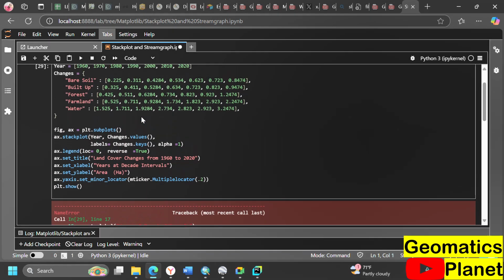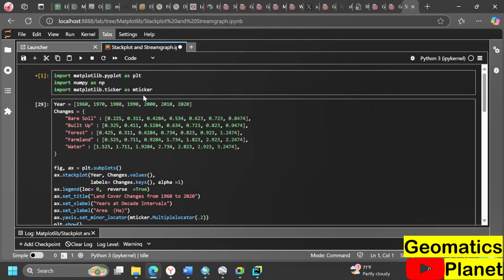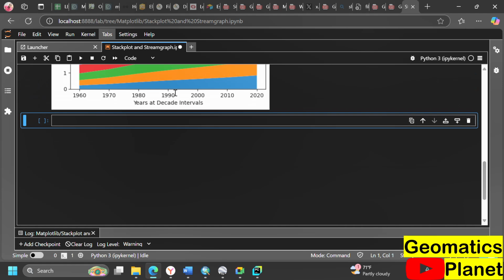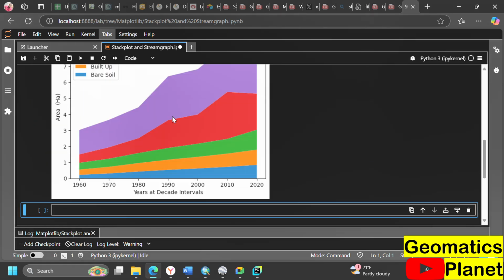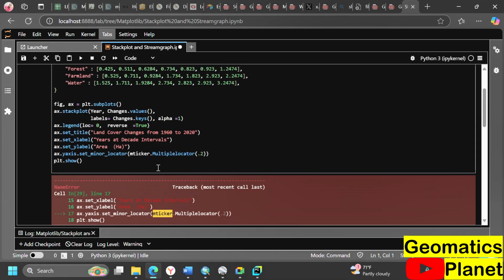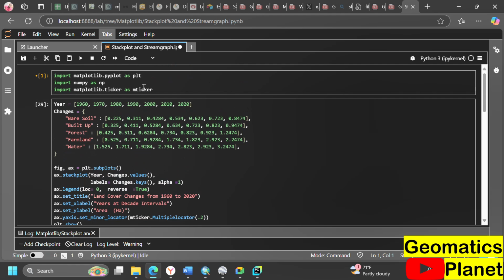it says m theta is not defined. What we define here, we use here as m theta, but m theta is not defined here. What I wanted to do is to have this little grid intervals here. Name m theta is not defined. Import matplotlib as m theta. I think that's the correct keyword to use. I don't know why I'm not getting it right, but it's part of matplotlib, and it is called